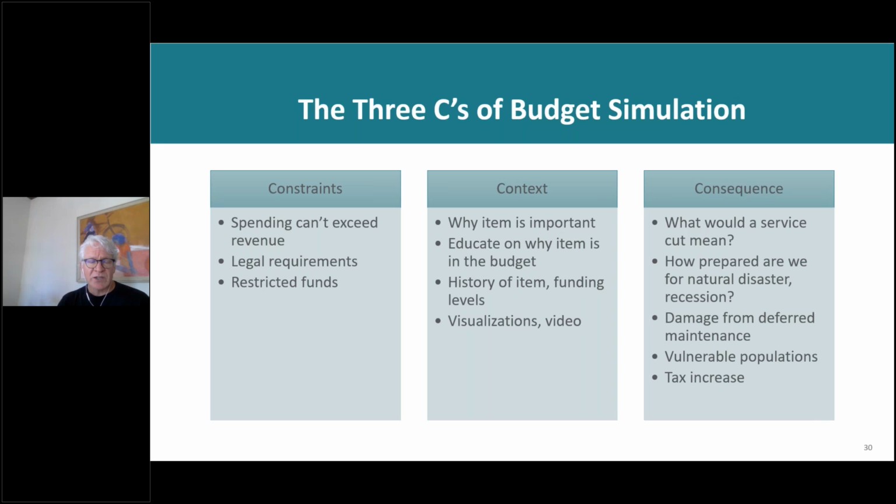Context means sharing with people why an item is important. Brenda was talking about the progression in local government finance, with everybody getting on board with transparency. Yes, let's make data available, whether it's a PDF that people can download and look through, or a really nice visualization. But one of the problems with that was that it didn't have context. It doesn't always describe what an item is, or why an item is important,